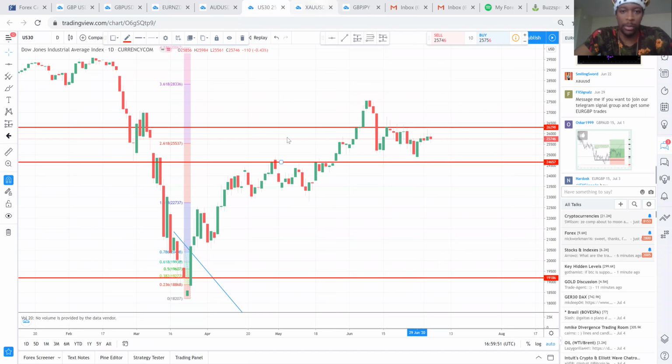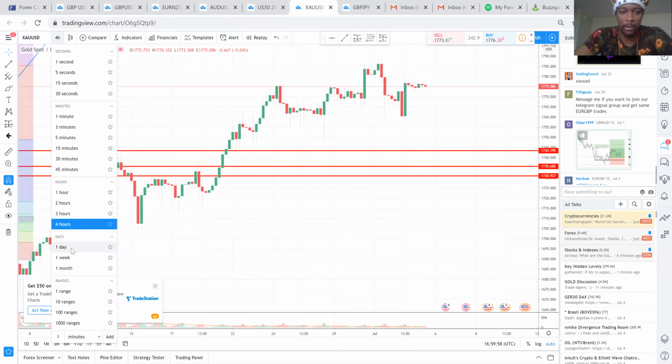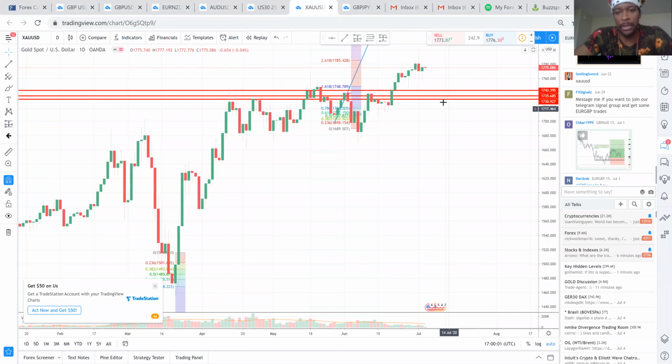And now let's look at gold. So gold, let's go to the daily chart. So gold was pretty choppy last week, still on an uptrend. So for gold this week, depending on how news affects the market, we could see a break. Either it's going to break to the upside still, or it's going to break down this area and either go back up or break down to this area, go back down, and start to downtrend. But lately, gold is on an uptrend, so we'll see more of a continuation to the upside.